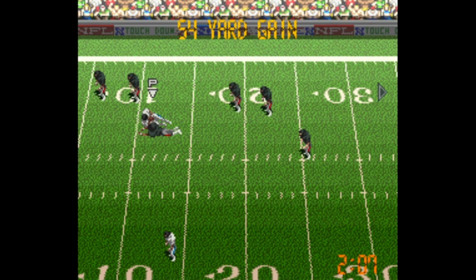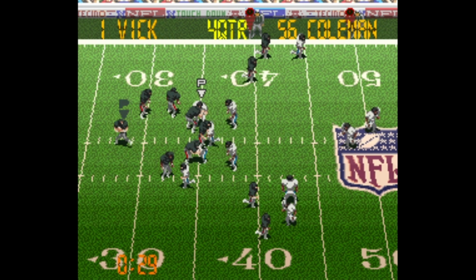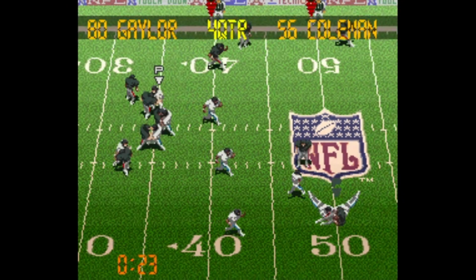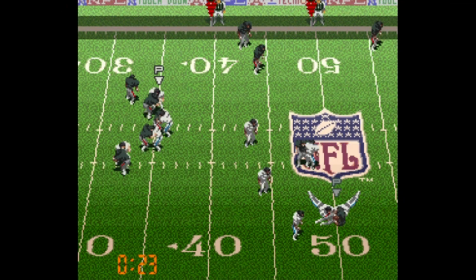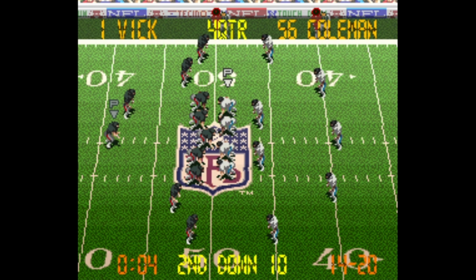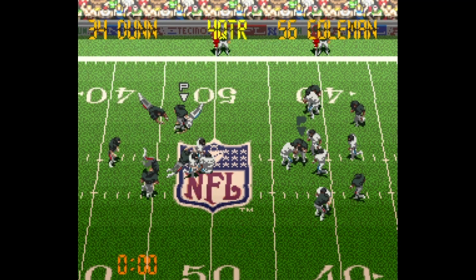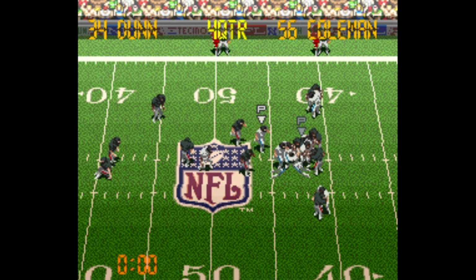The Falcons hold them to a field goal. They trail by 6 on 4th and 11. Michael Vick takes the snap, fires to Trevor Gaylor, picks up the first down, but they're now down to 4 seconds left from midfield. They need to throw this to the end zone. Instead, it's a direct snap to Warrick Dunn. I mean, he gets 8 yards.